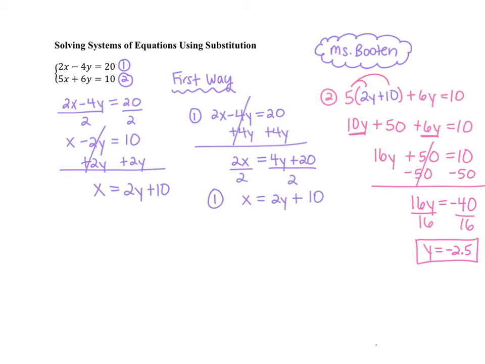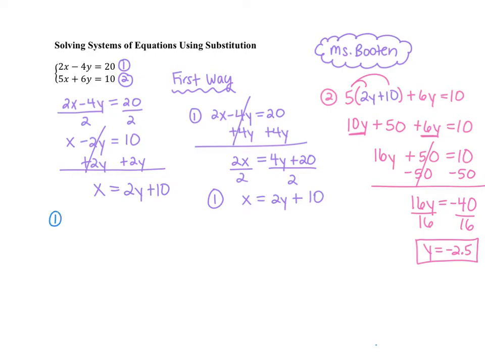So it doesn't matter which of the 2 original equations you use because you'll get the same answer for x. So I'm going to choose to plug it back into equation 1. Now technically we could use this or this, but to be safe, to make sure we made no errors here or here, let's always go back to one of the original equations. So we're going to solve for the second variable x. So I'm going to do